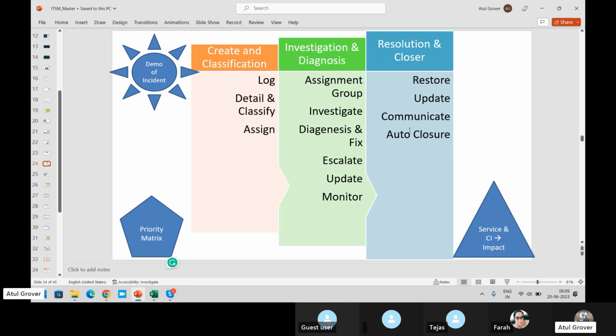And then auto closure. We as a service desk agent just put the incident in the resolve state and it will get auto closed after 7 days or 9 days as per the policy. But in the baseline system, it is just 7 days. After 7 days, the incident will move to the closure state. So this is the high level part which we are going to discuss a little bit more. Because when we talk about creation and classification,